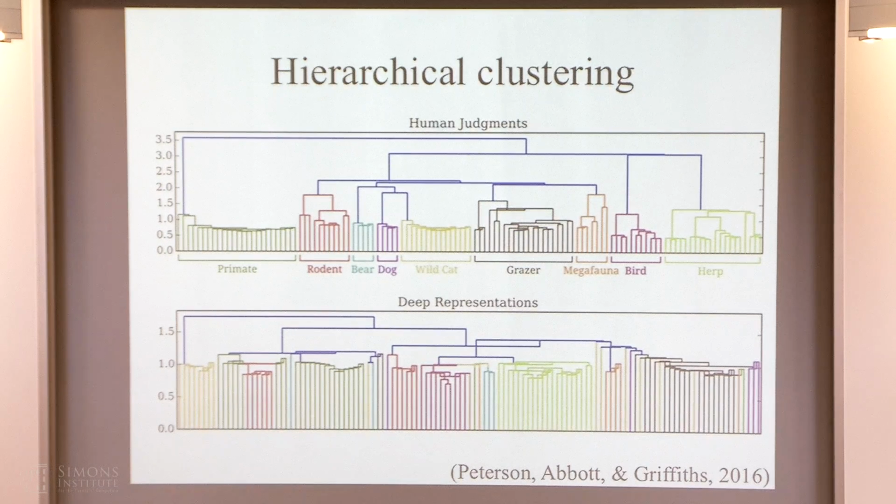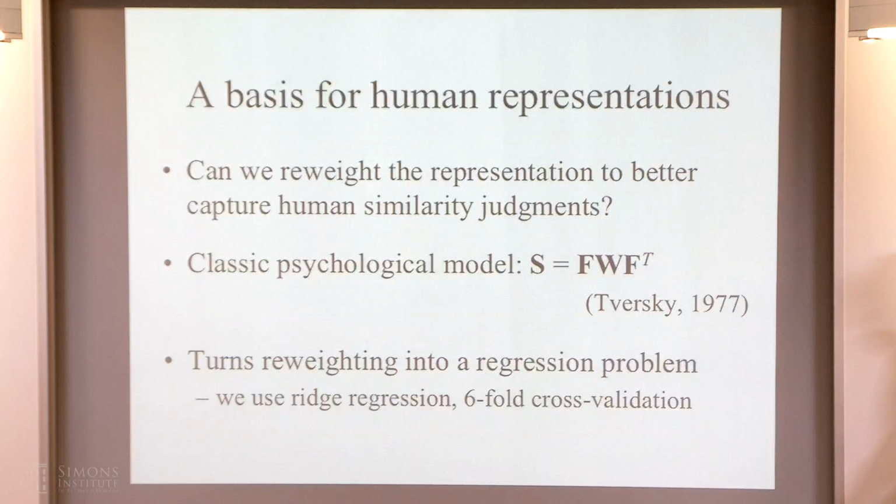And so we can ask, is this representation actually rich enough that we could nonetheless use it as a basis for reconstructing what human similarity judgments are like? And then that would help us get to the point where we can still use these networks as the basis for doing the kinds of experiments that I'd like to be able to do, where we use more realistic sorts of stimuli. And so we took that thought literally. So, a basis for human representations in the sense of, is there a way of taking a linear combination of these vectors that actually allows us to do a better job of reconstructing human similarities?